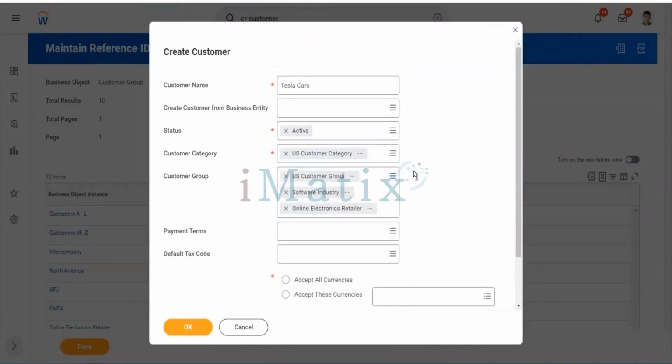That's an interview question also. For people who show up with an experience of 6 months or 1 year, we normally ask very basic questions. We don't go in deep and ask everything about Workday. Just ask them if customer category is mandatory or not, if customer group is mandatory or not, how many values you can select, all those small things. It depends on the interview, what they want to ask. But typically we ask very general questions.